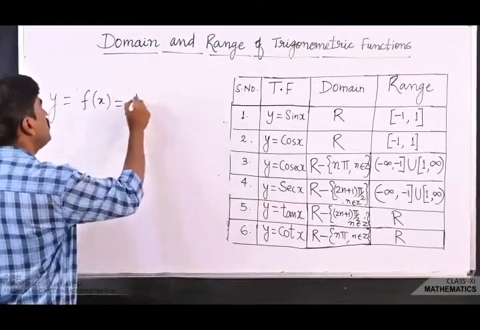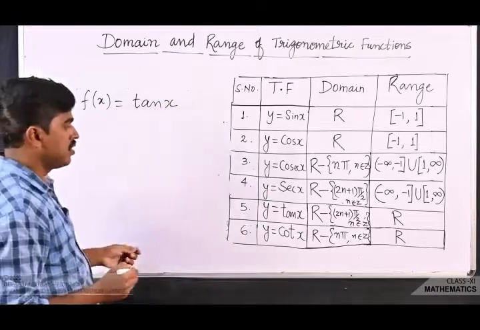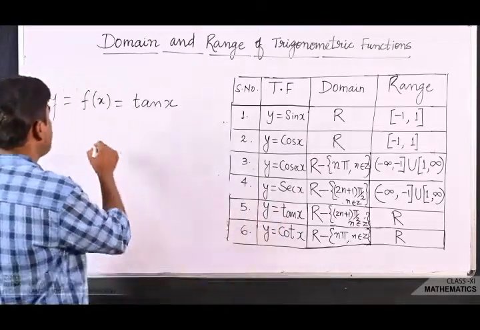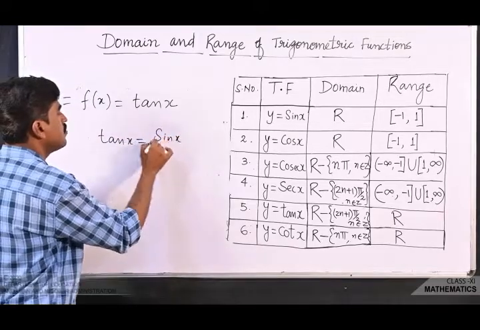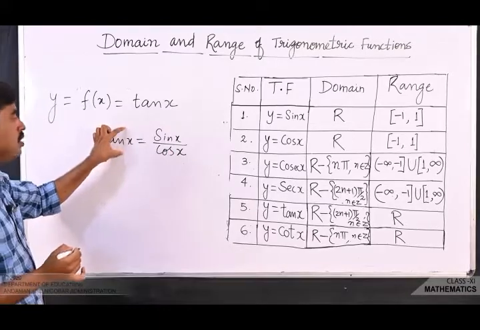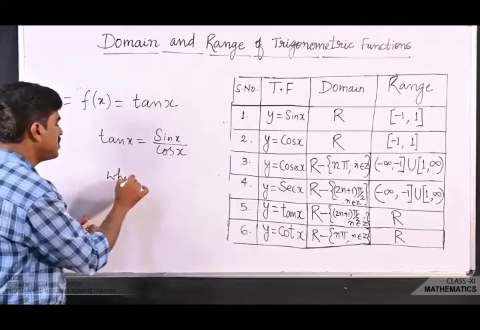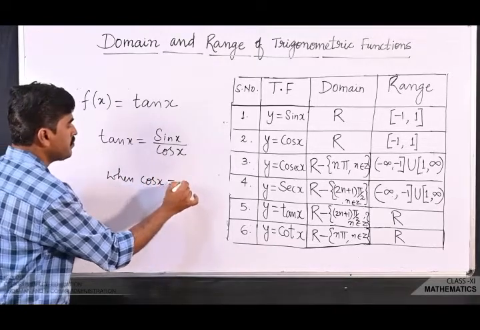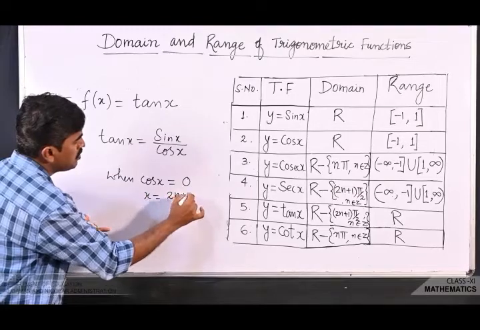f(x) is equal to tan x, or we can also say that y is equal to tan x. Now what about tan x? We know that tan x is equal to sin x divided by cos x. So this function is defined only when cos x is not equal to 0. So when cos x is equal to 0, we know that x is equal to, again, (2n + 1)π/2,